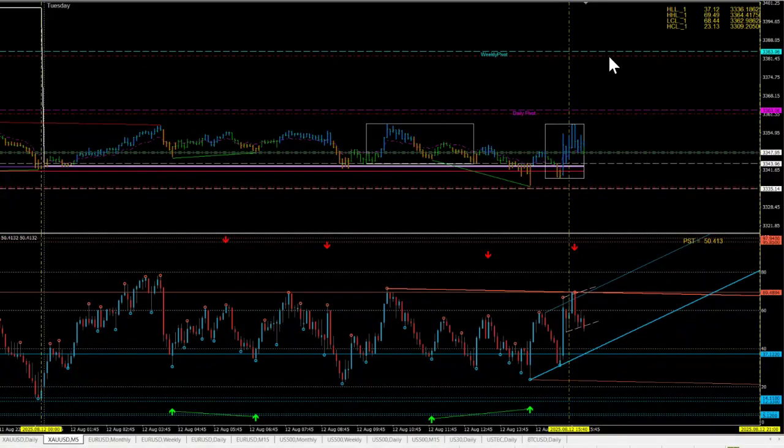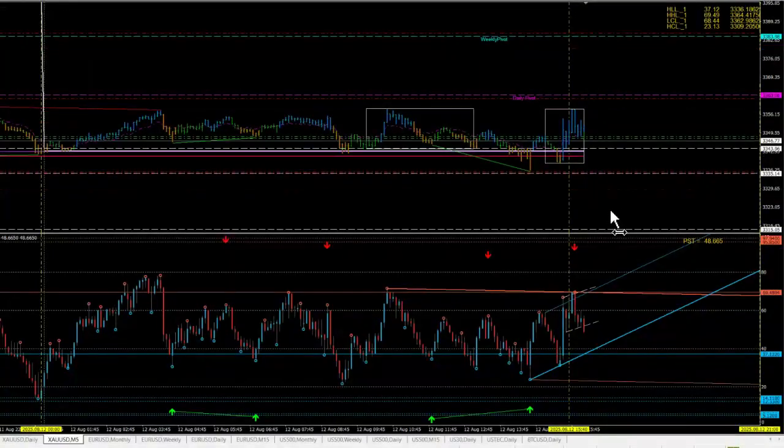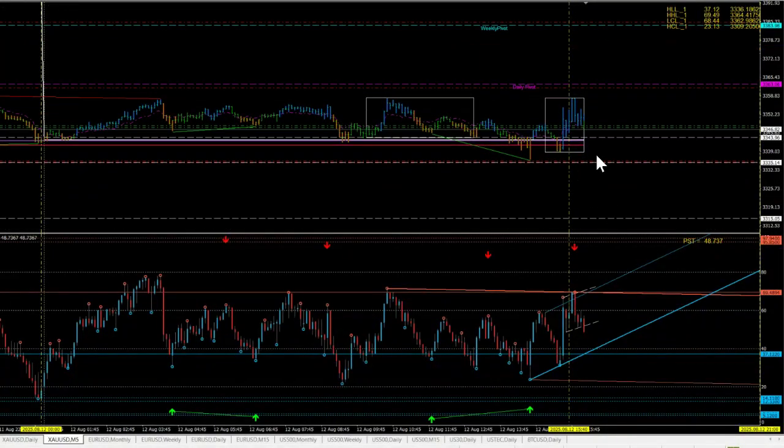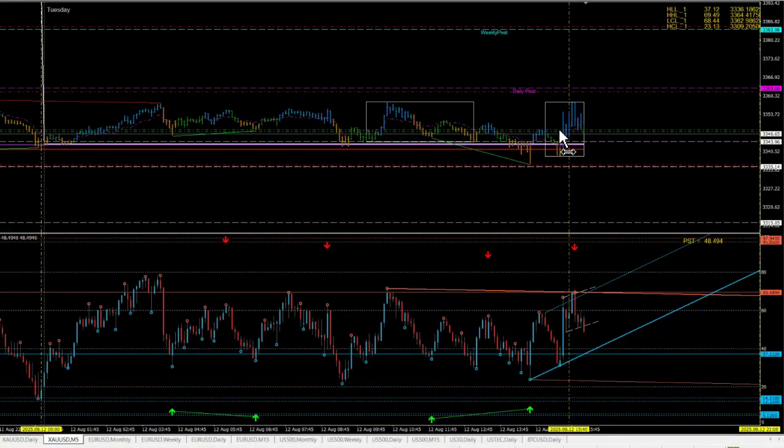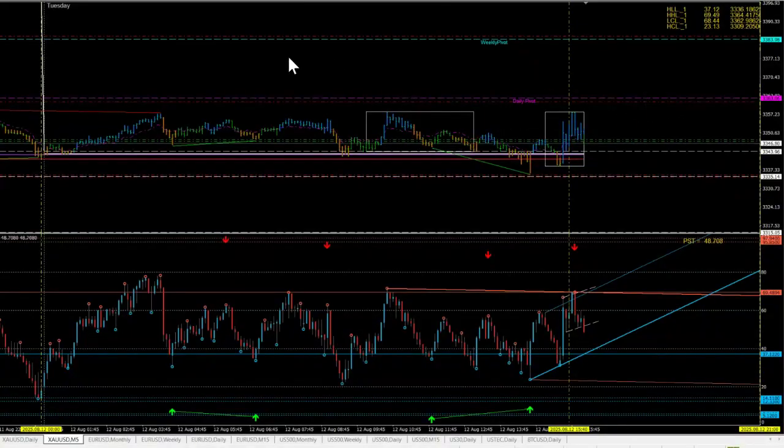Let's check it out, because that's about 250, and that's about 700 bucks. In fact, if I do this, it's going to be about 750, let's say. So it'll be around 1 to 3 if I do 750, which is fine because this is around where the weekly pivot is. So 2 things can happen here. If I'm wrong, we get stopped out. If I'm right, we're either going to go up to those levels